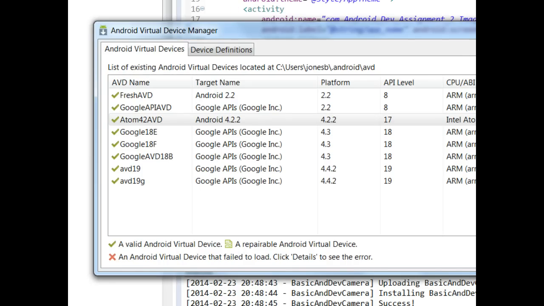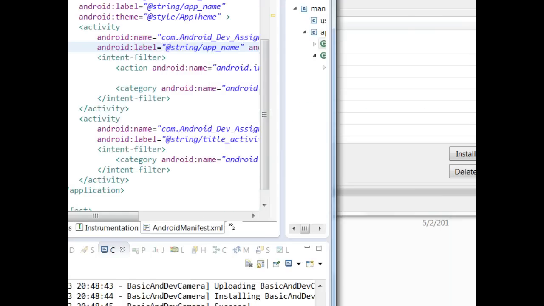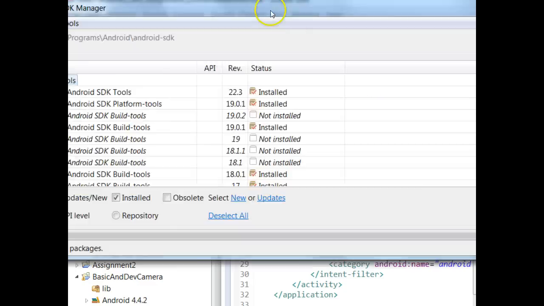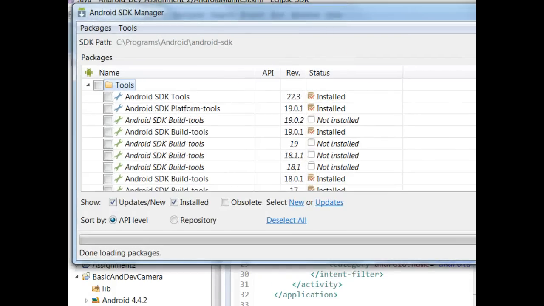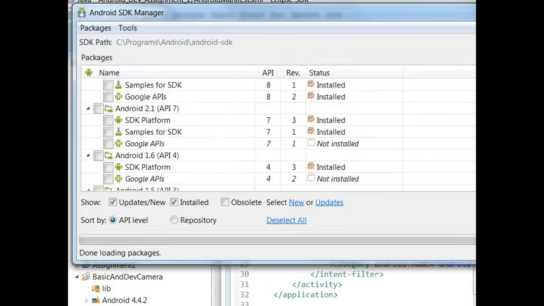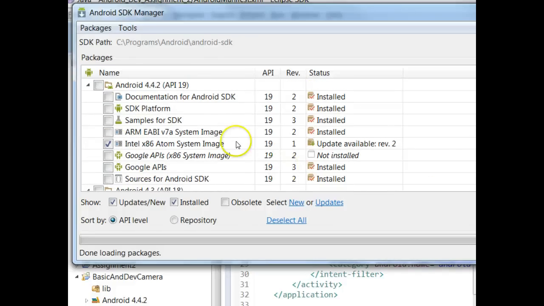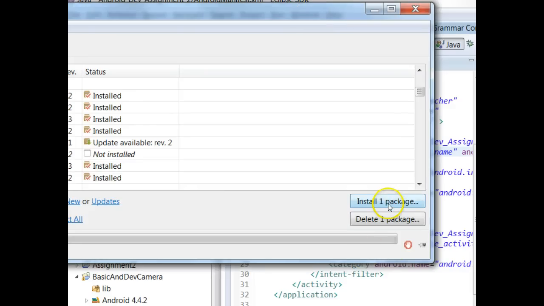What we need to do first, one second, allow me to resize my Eclipse. What we need to do first is, in Eclipse's Java view, click on the Android SDK Manager, which you see right here. The Android SDK Manager, when it comes up, is going to look like this. And if we look, I'll go to 19. If you take a look under the different Android versions, you'll typically see something called Intel x86 Atom System Image. Click on that for whichever package you want, and then click on Install, and let that